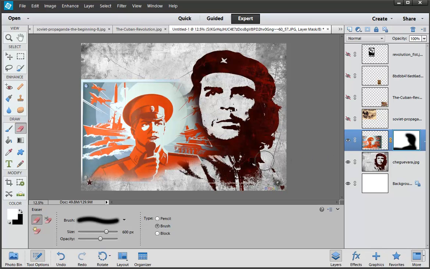Now, at any stage, if I think, ooh, I've gone a bit too far, oh my goodness, I've gone and stuffed that up, so I just press X on the keyboard. If you look at the color pickers down at the bottom left-hand side, X marks the spot, and it just flicks from black foreground to white. So then I go and paint white back into the mask, and lo and behold, at the same speed, I paint over my mistake, and I can go back into reverse. So keep your finger hovering on the X key,